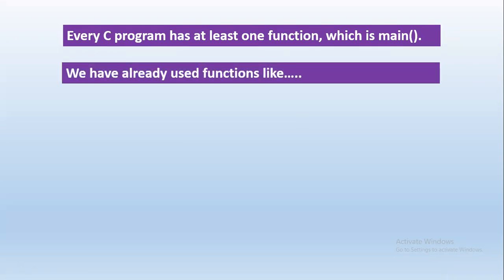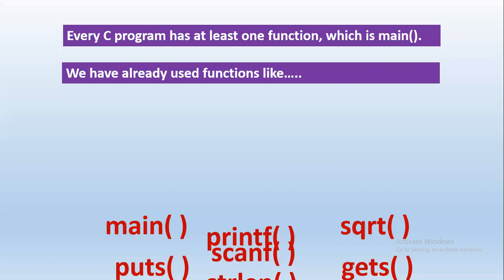Different functions we have used. Math.h is a header file. What functions have we used? In math.h, sqrt is there, power, sine, cos, sinh, cosh, absolute. We have so many, right? Exponent, log, all these are already defined, right? So those functions we have used.